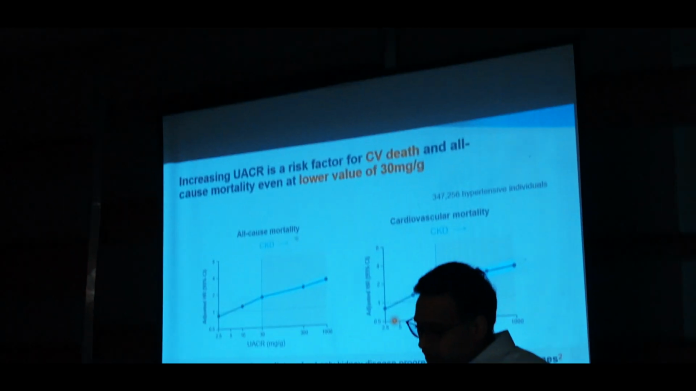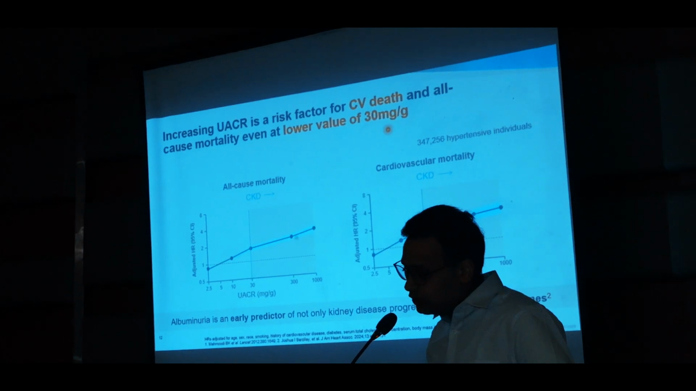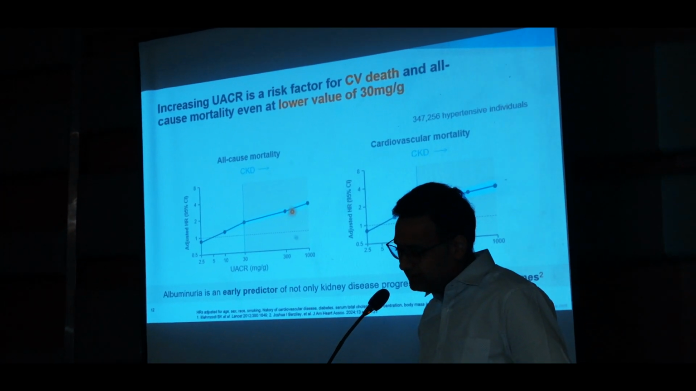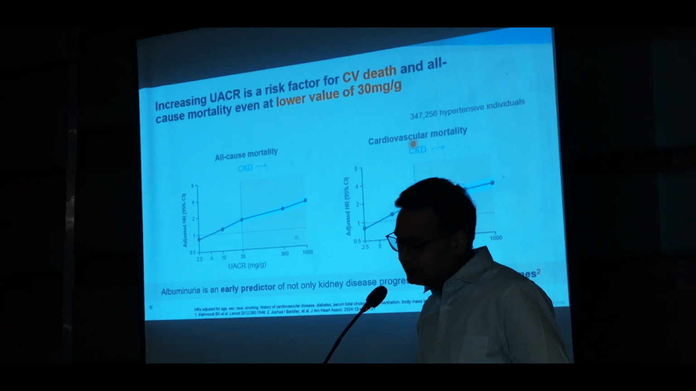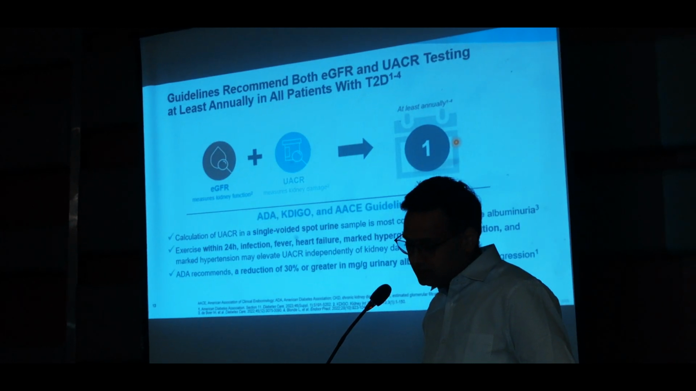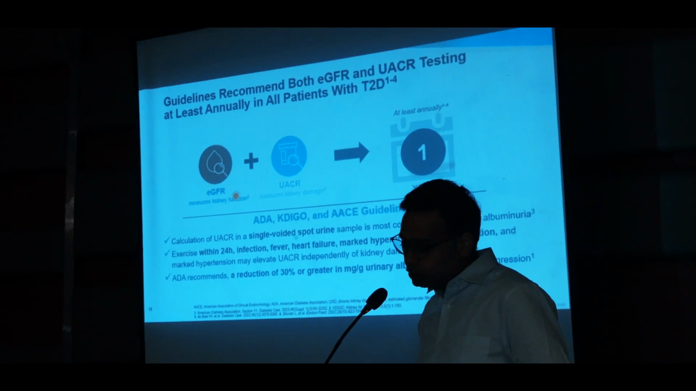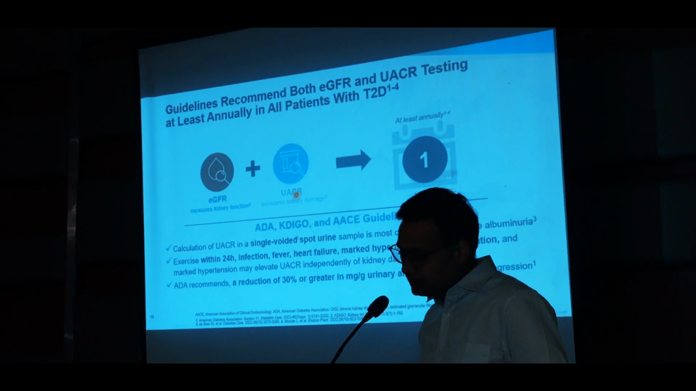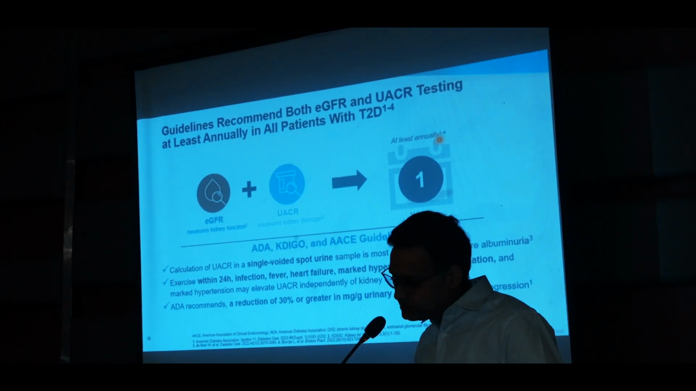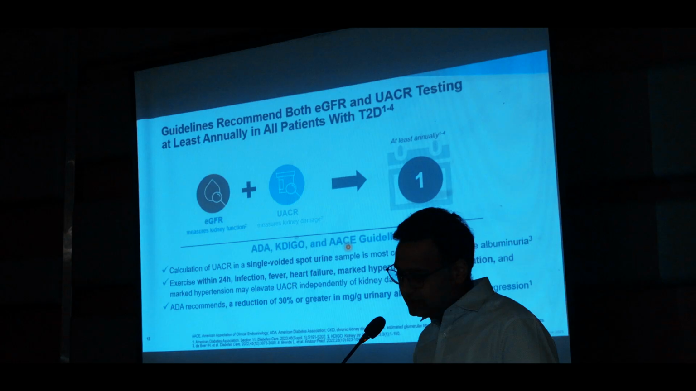Now the albumin creatinine ratio is also linked with increased all-cause mortality. As UACR increases, there is an increased risk of all-cause mortality. As UACR increases, there is increased risk of CV mortality. So, both combined together, we have to check at least annually, and all the major guidelines, including ADA, KDIGO, ACE, recommend that we should be doing a yearly single spot urine sample